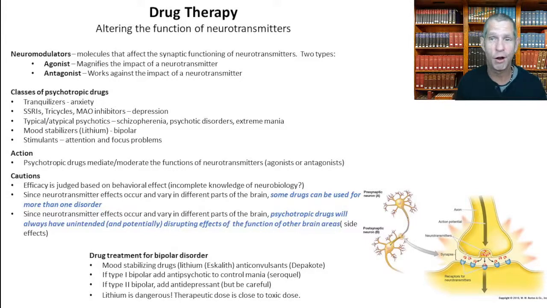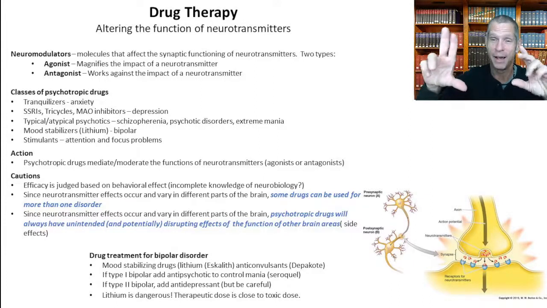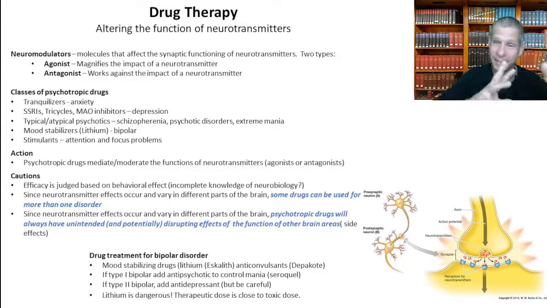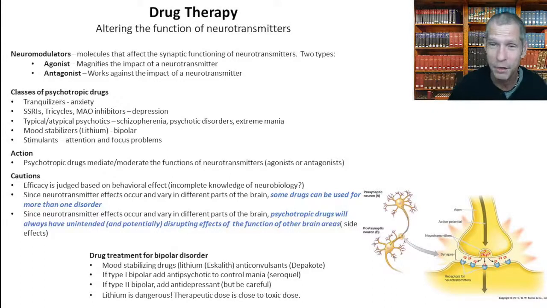On the other hand, with alcohol, 3 beers will get you drunk, but maybe 20 beers is toxic and causes you to die. So it's within the realm of possibility to drink enough alcohol to harm yourself. On the other hand, with heroin, what makes heroin such a dangerous drug is the therapeutic dose is just a little less than the dose that will kill you. So you have to be very careful with the amount of heroin. The addict is very careful with the amount of heroin they take because it's very easy to overdose themselves and kill themselves. Same thing with lithium.